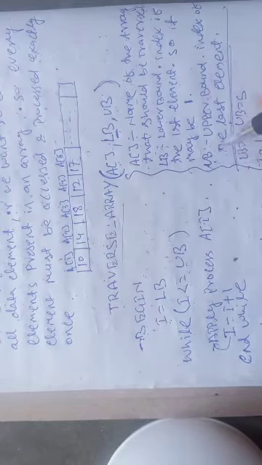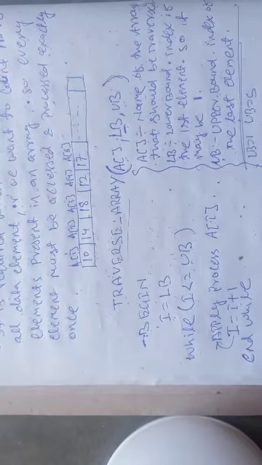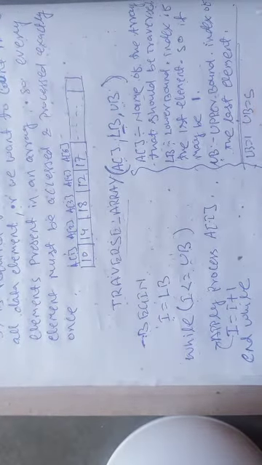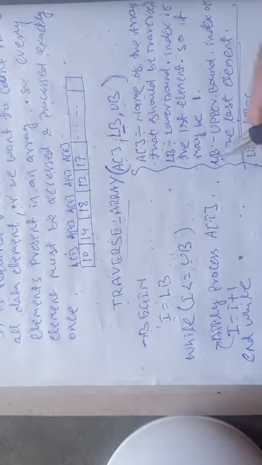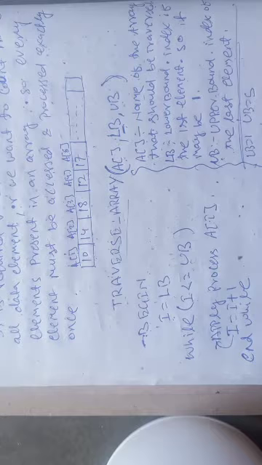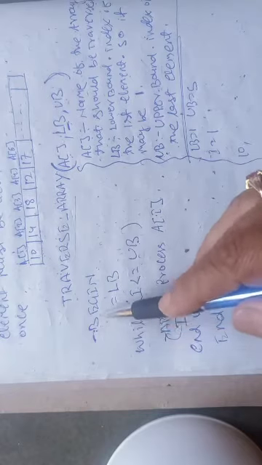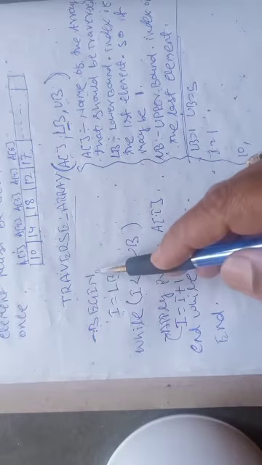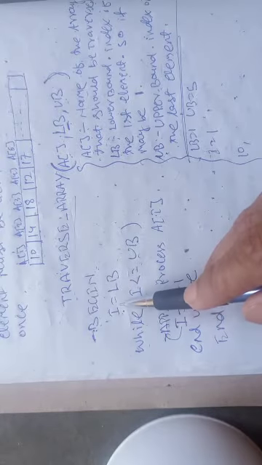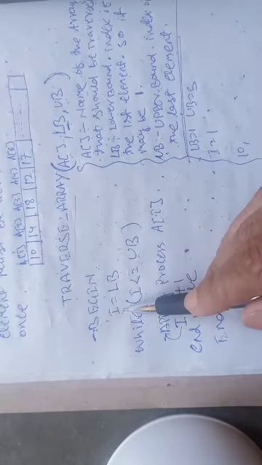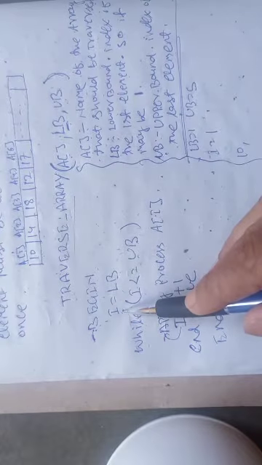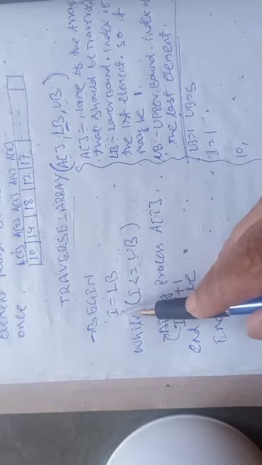Upper bound means the index of the last element, where you should stop your traversal. When you want to traverse from the first element to the last element, the value of upper bound indicates the index of the last element. So if there are 5 elements, the value of upper bound will be 5, and we will traverse from 1 to 5. Now let us see the algorithm. The first step, begin, marks the beginning of the algorithm. Then I have initialized a variable I equals LB. That means the value of I becomes 1, which sets the index of the first element. This is for representing the index of each element that we want to traverse.